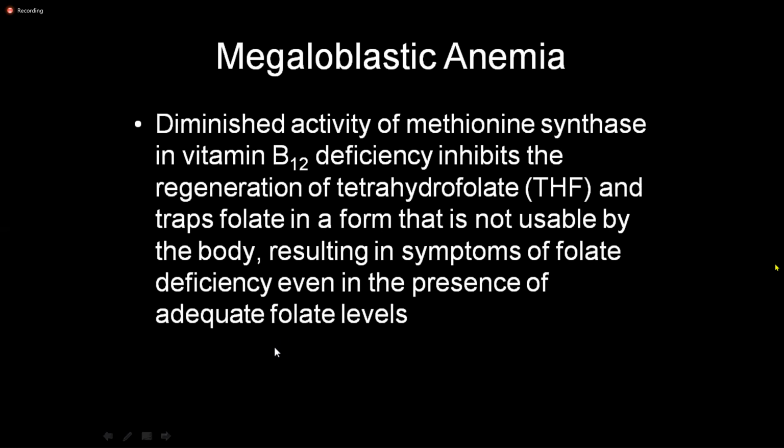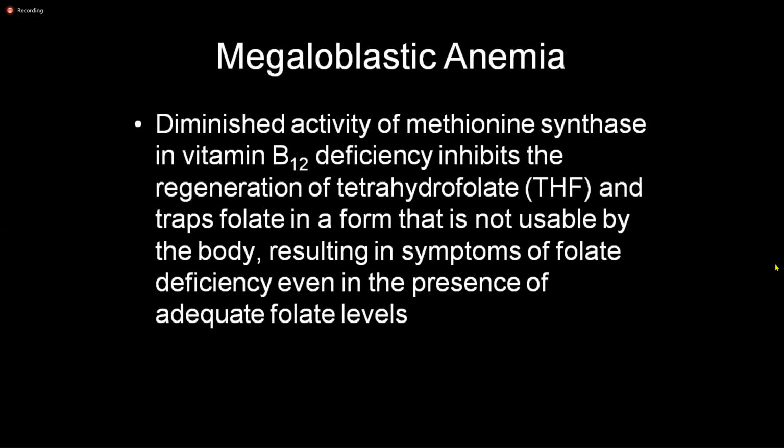Even if there is an adequate folate level, there will be a trap of the folic acid due to vitamin B12 deficiency, and this is the relation between folic acid and megaloblastic anemia. This is the rationale for double vitamin therapy in the case of anemia. Why not only give folic acid or vitamin B12 in the patient with anemia? Sometimes even if there is a sufficient amount of folic acid, vitamin B12 deficiency may cause the anemia.